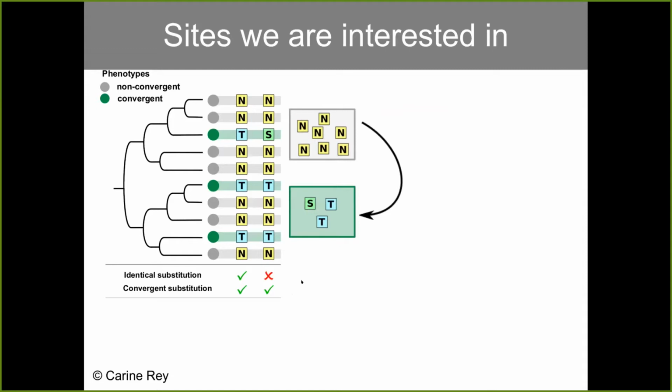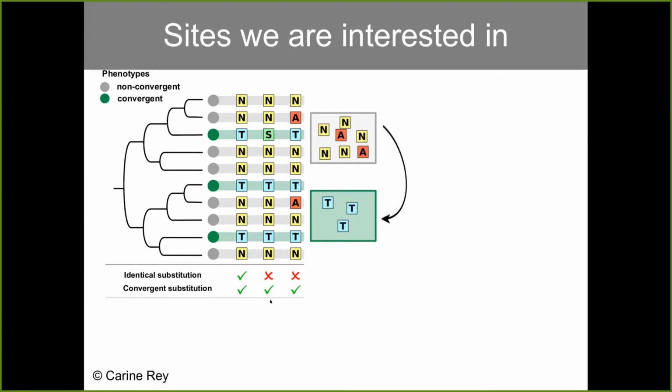Now, if we have something a bit more complex, this time a bit more like what we found in the sedges that had the C4 metabolism, what we have is that the species with the non-convergent phenotype always have N's, and the species with a convergent phenotype often have T's, and sometimes have a different one, an S. So that's basically what we find in terms of states: N in the non-convergent condition, and S and T when you have the convergent substitution. So in that case, the substitutions are not all identical because sometimes they lead to S. But I would argue that we can still consider those substitutions as convergent.